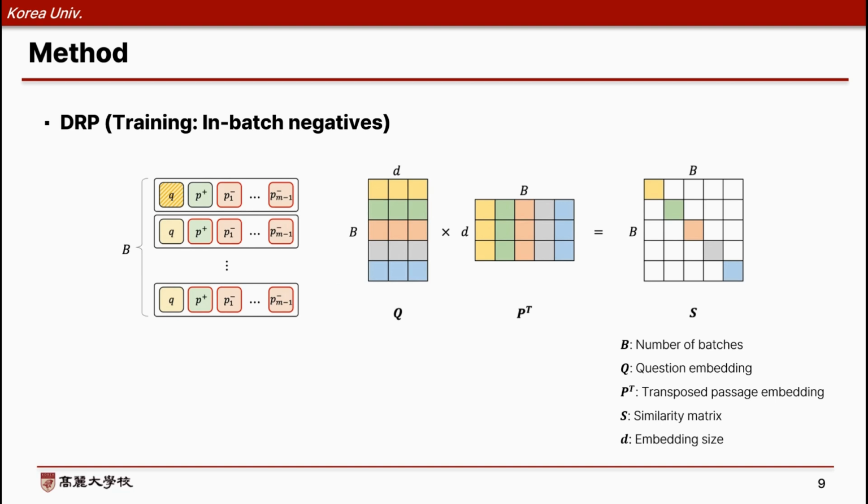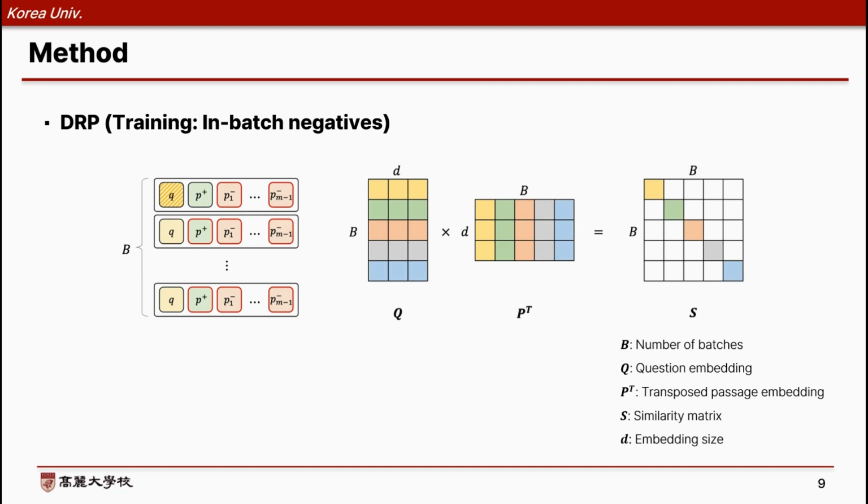This means that the first question and the first positive passage are shown in yellow and calculated like each color. The diagonal line of the matrix represents the similarity with the positive passage for each question,